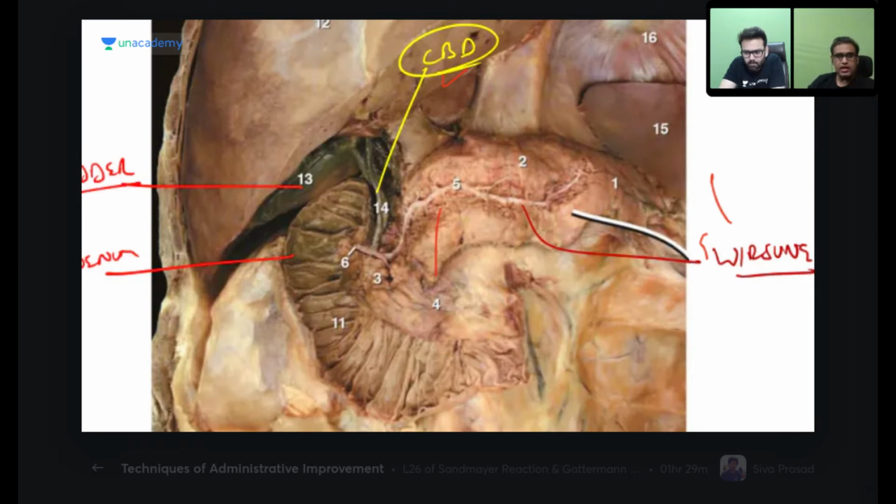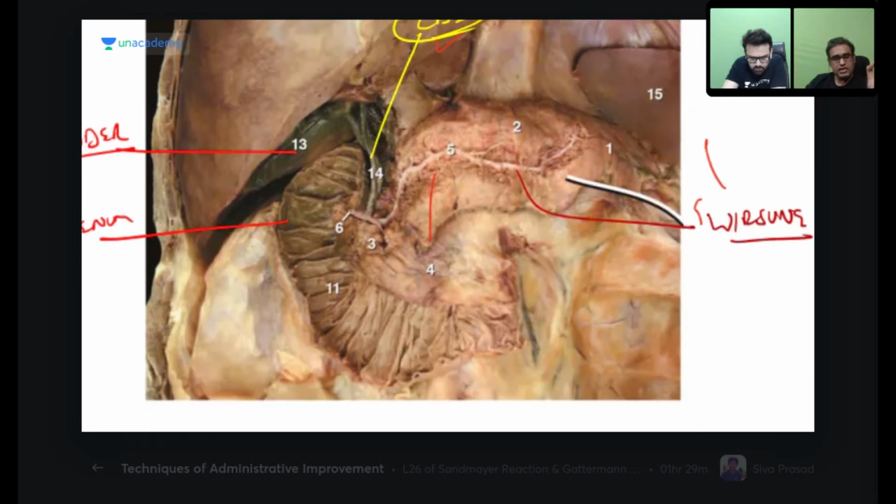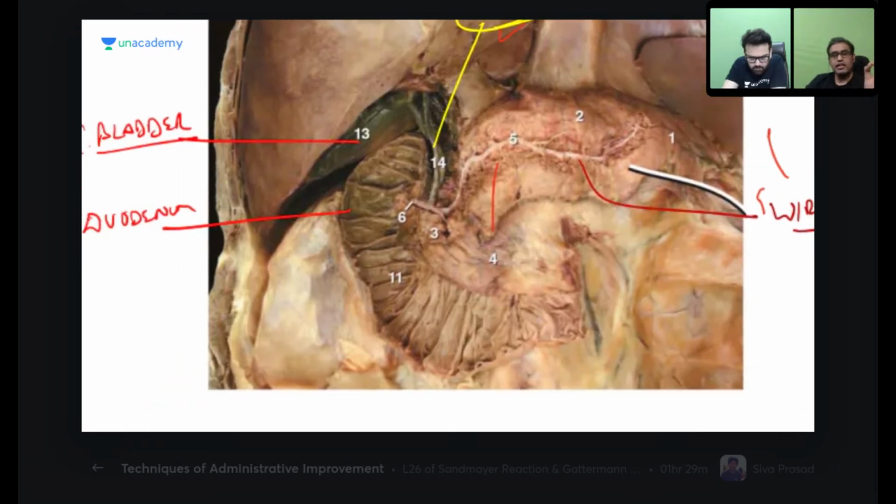Around here is the sphincter of Oddi, that actually prevents the regurgitation of the contents. There are two systems which are opening, the pancreas and the liver, that is the bile system. Both are having their different pressures. Normally, it is said that the pressure inside the pancreatic duct is slightly higher than the intraductal pressure of the CBD. So normally the bile does not return back into the pancreas, although vice versa may at times happen. Theoretically you may remember the pressure inside the pancreatic duct is slightly higher than that in the CBD.